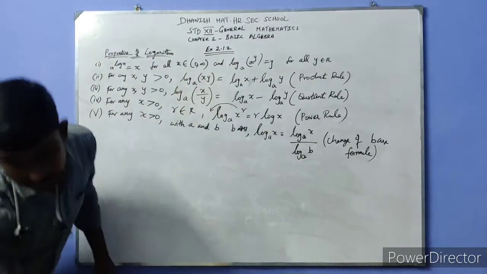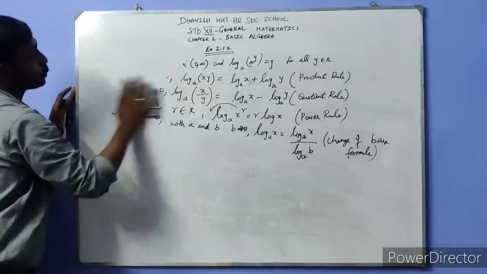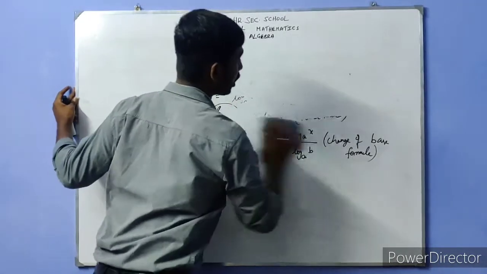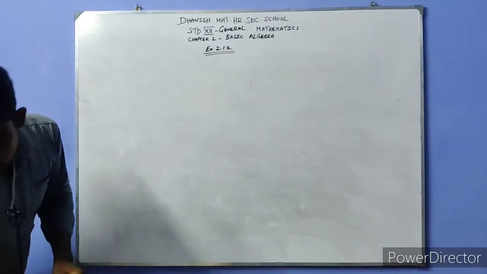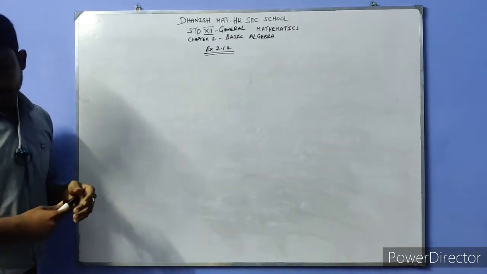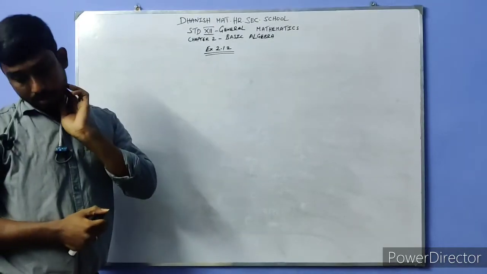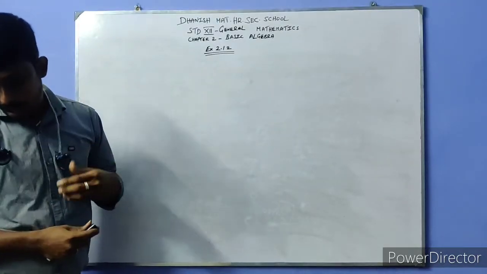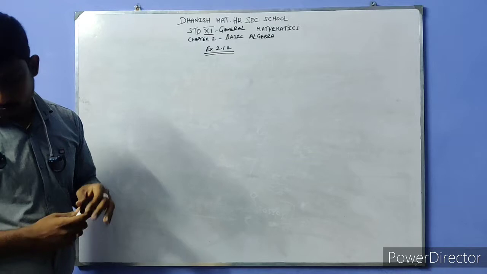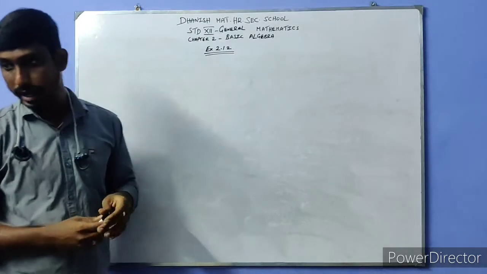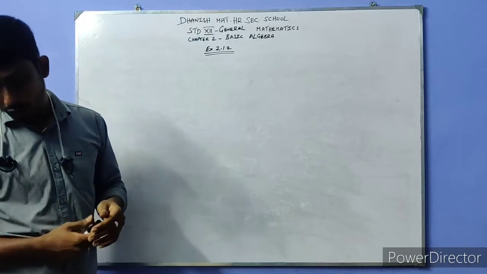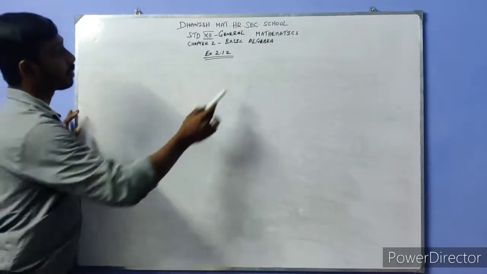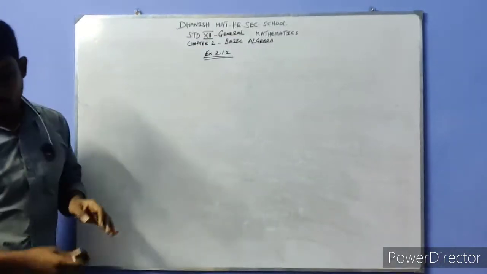Okay, let's see the exercise sums. How to solve, how to use these properties in the exercise sums. What is the first question given in the textbook? Students, please take your books. Let b be greater than 0 and b not equal to 1, and y equals b power of x, in logarithmic form also.